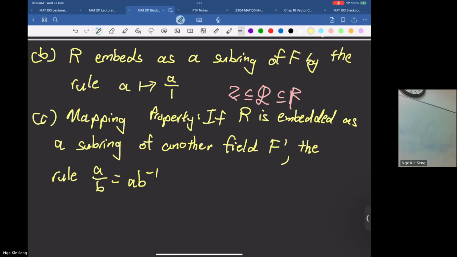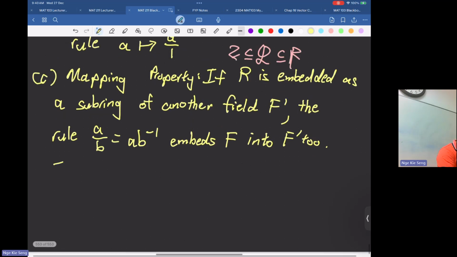Okay, so the inverse exists in the field, so I can write B inverse. So this rule here will embed the field F into a larger field F prime. In other words,